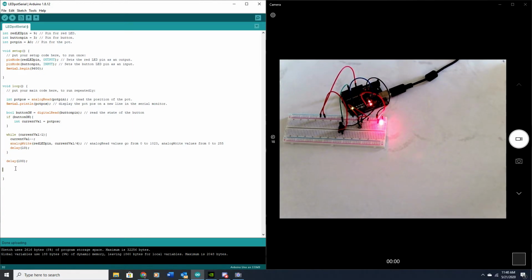So let's read through this and see if it's going to work the way we want it to work. First thing I do is I get the position of the potentiometer. I'm printing that out to the serial, which I can use to debug just to make sure things are working properly. I'm getting the value of the button. If the button evaluates to true, then I'm going to set the current value equal to the pot position, right? If the current value is greater than 1, which for most positions of the pot it will be,